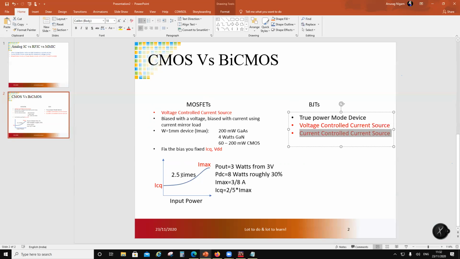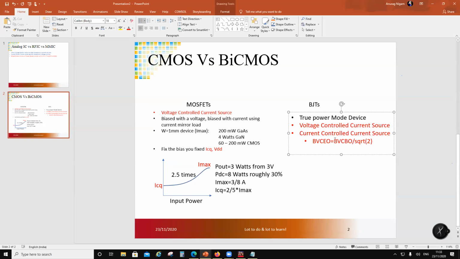So in this case, the major limitation is BVCEO, collector to emitter breakdown with base open, which is going to be BVCBO, collector to base breakdown with emitter open, divided by